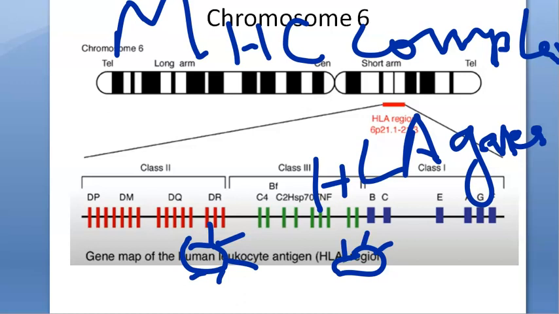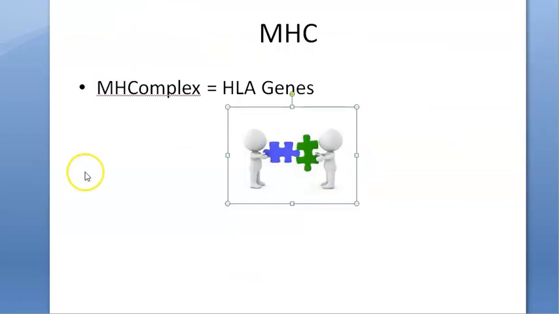So who is coding for that? These genes. What are those genes called? HLA genes or major histocompatibility complex. Almost all cells will have this. Earlier they found it in WBCs, so they named it HLA, but not only leukocytes, all other cells have it.